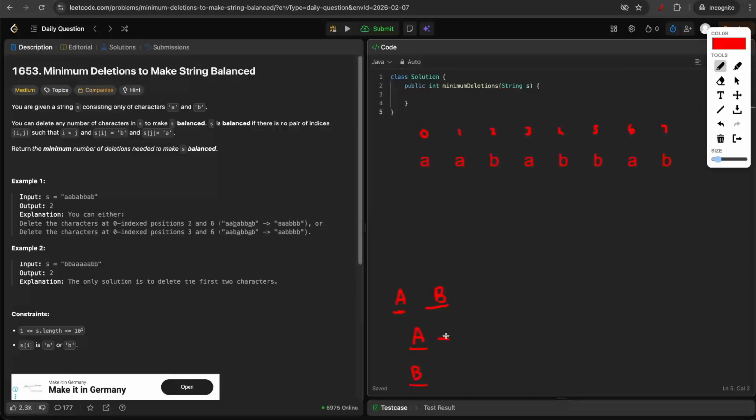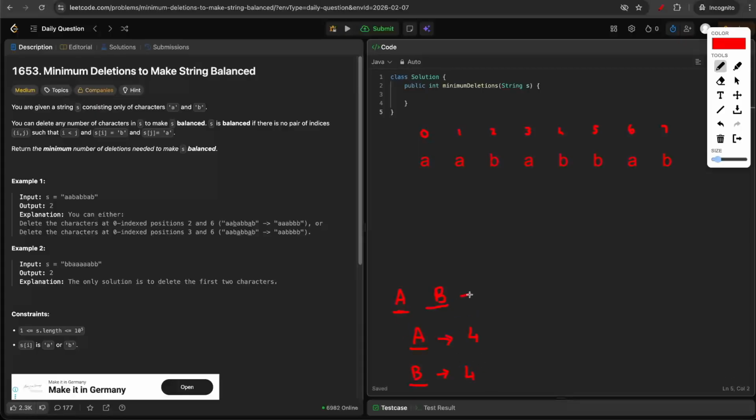So if we look at this case, if you want the string to be all A's, then you just need to delete all the B in the string. So in this case, we have total 4 B's. Total number of deletions will be 4 to make the string all A. Similarly, if you want the string to be all B's, then you have to delete all the A present in the string. In this example, we have 4 A's. So the number of deletions will be again 4. So these 2 cases are now